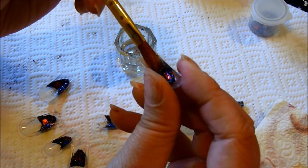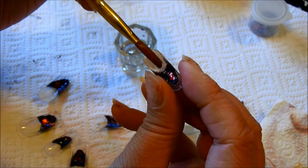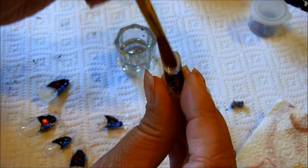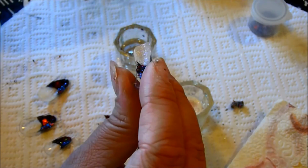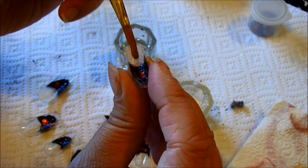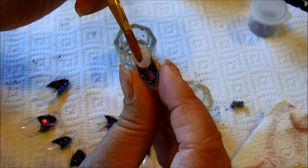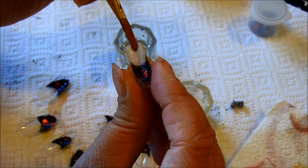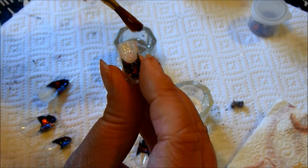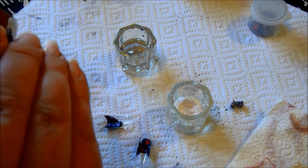And you don't want too much, because by the time you get the clear coat to, you know, kind of keep the glitter off your nail bed, if it's too thick, you look like you have a club. So I do try and make sure I don't get them too thick. I really try. Now the chunkier glitters I have a much harder time with. The black tips are a little chunkier, but I can file those from underneath if they're really bad. Alright,